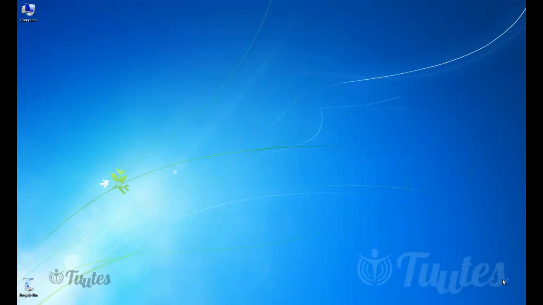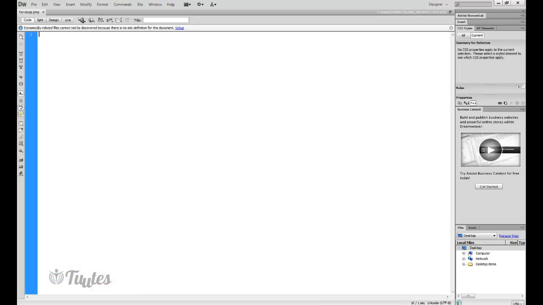In this lesson we're going to be looking at for loops in PHP. For loops execute a block of code a specific number of times, for example, when you know in advance how many times the script should run. Now, in order to create a for loop, we're just going to go into our editor here and open up